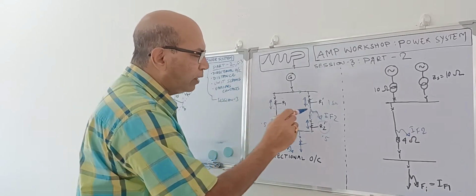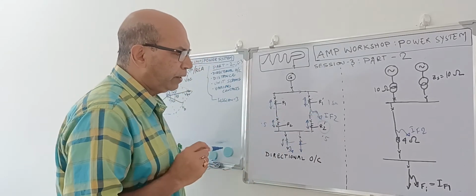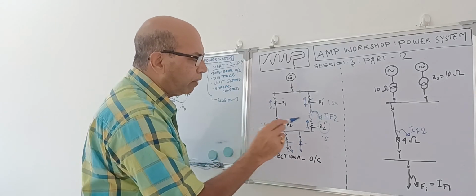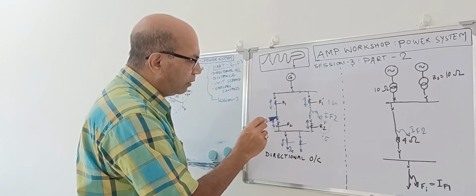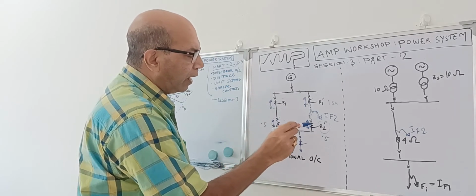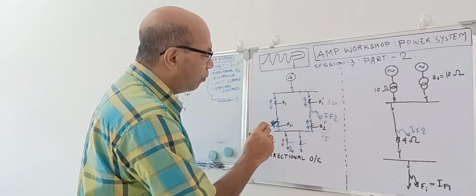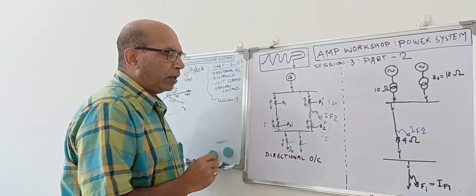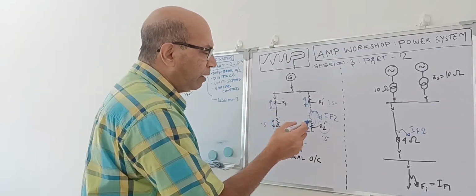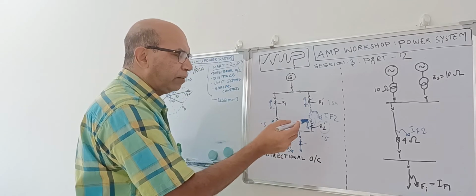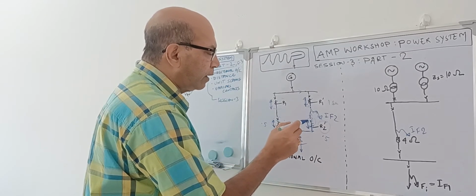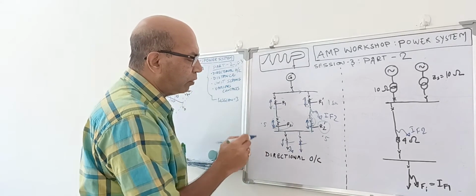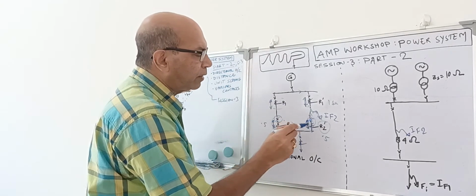So what will happen when there is a fault over here? Immediately this relay is sensing the fault, and this relay is also sensing the fault. The moment it senses the fault and this is also sensing the fault, both will open. They can open at the same time or at different times. But the moment there is a fault over here, due to non-directional, this relay is seeing the current this way, this is also seeing this way, and it can also operate. So these two will operate simultaneously.